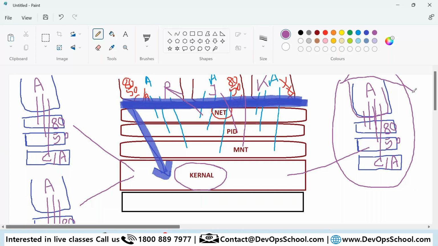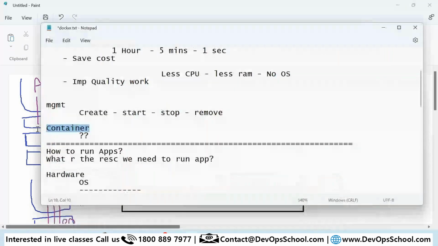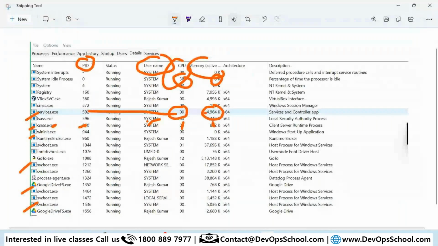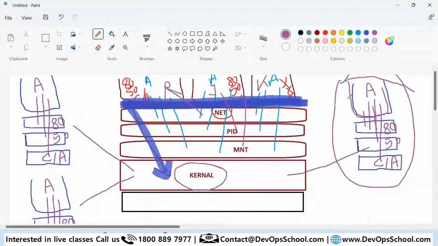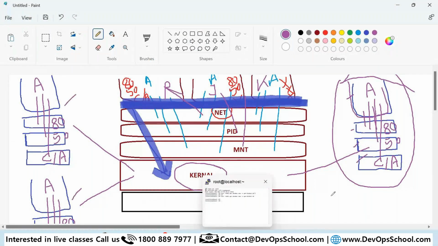Container. Yes, this is called container. So what is a container? Tell me one thing, how much time does it take to create a new user? Seconds. And there is no operating system cost, only one kernel